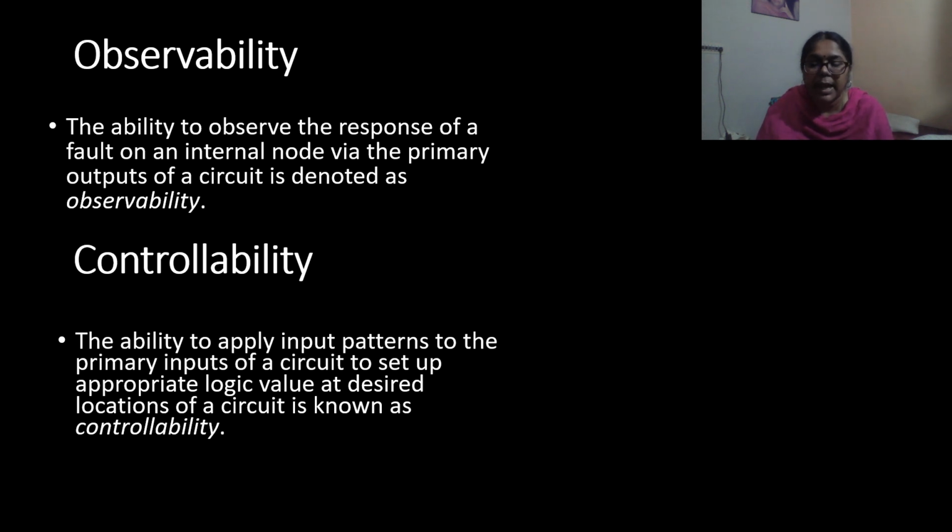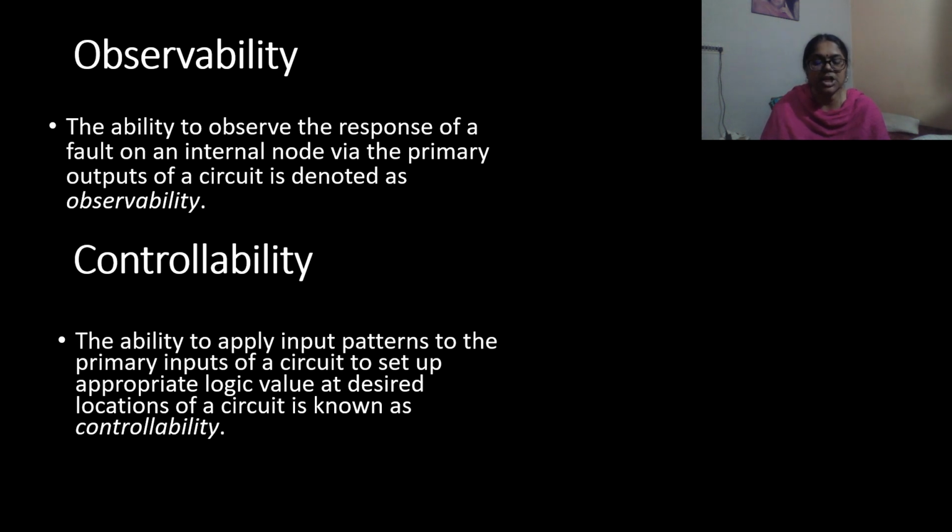Observability. It is the degree to which the node at the outputs of the integrated circuit can be observed. This is used to measure the output of a gate within a large circuit to check that it operates correctly. Given the limited number of nodes that can be directly observed, it is the aim of good chip designers to have easily observed gate outputs.